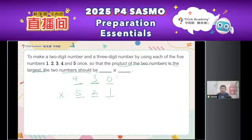So you will find it slightly different. Because in the previous one, it will not influence your final answer, but in this case, it definitely influences your final answer. Why? Because the order really matters. In the end, you will remove this number. You want to make sure this product is as big as possible. You also need to consider one more thing, which is how we could arrange the order of these two